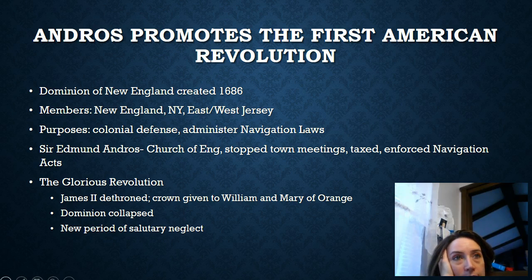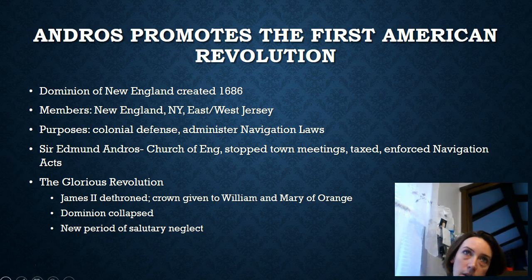What happens, though, is that events in England again impact this. If you remember the Glorious Revolution, James II by this point has taken the throne. He's Charles II's brother, and he has a Catholic wife, and at this point a son, and people start to worry that he's going to be a Bloody Mary. He's going to return the country to Catholicism, and they don't want that. And so there's a secret deal worked up to offer the crown to his daughter, Mary, who is Protestant. She's married to William, so William and Mary of Orange, they're Dutch, and they extend this crown, and it's glorious because there's not much of a fight.